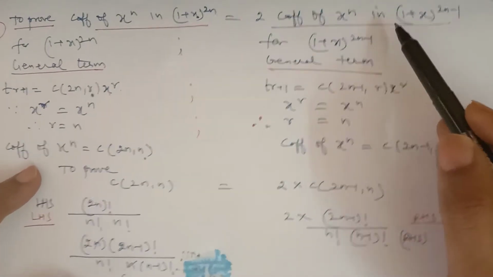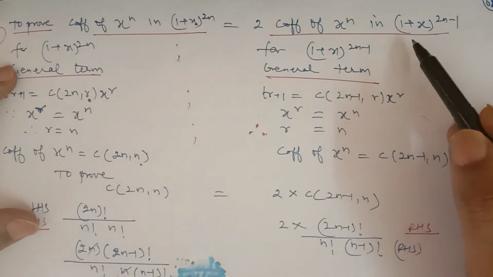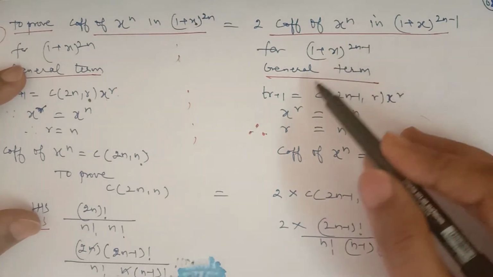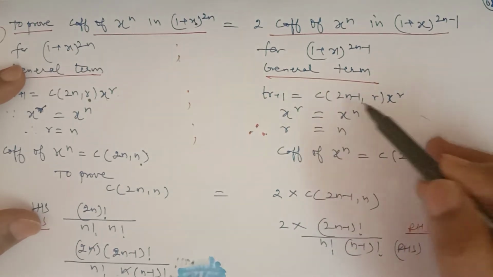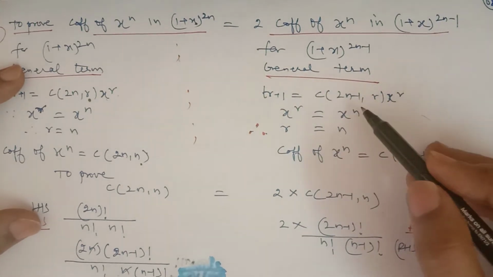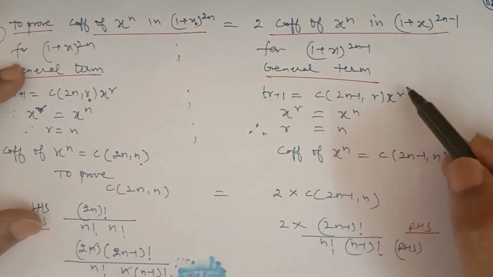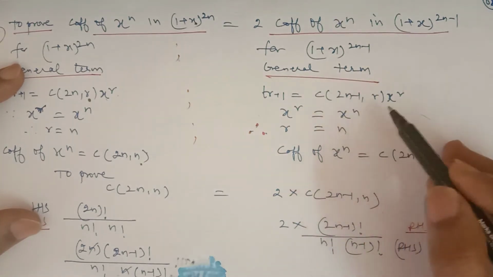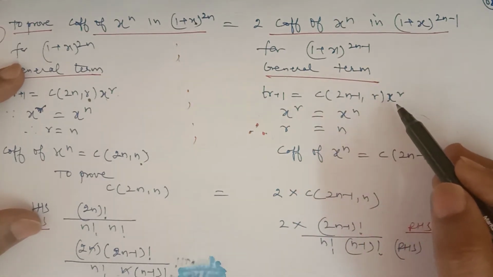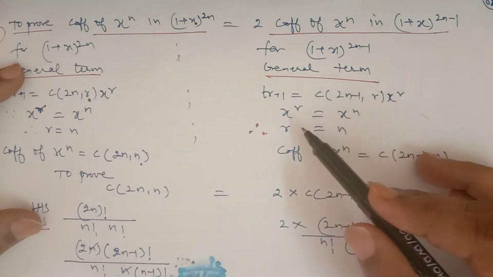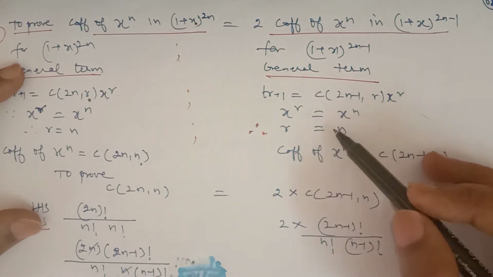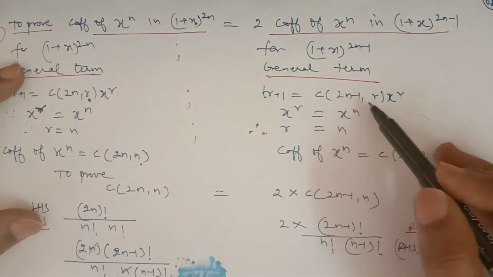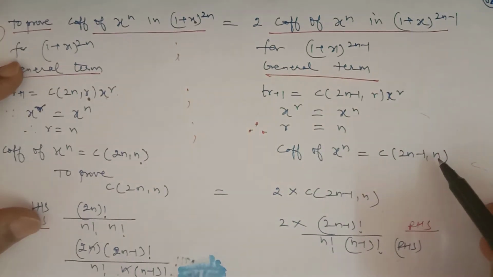Similarly, here you have to find the coefficient of x raised to power n in this binomial expansion, that is 1 plus x raised to power 2n minus 1, where n is 2n minus 1. So its general term will be T r plus 1 is equal to combination of nr x raised to power r. So in place of n we have 2n minus 1, and because you need here x to the power n, the coefficient of x to the power n, put x to the power r is equal to x to the power n. So when you are equating it, you are getting the value of r as n. So therefore the coefficient of x to the power n in this will be combination of 2n minus 1 n, because the value of r is n here.